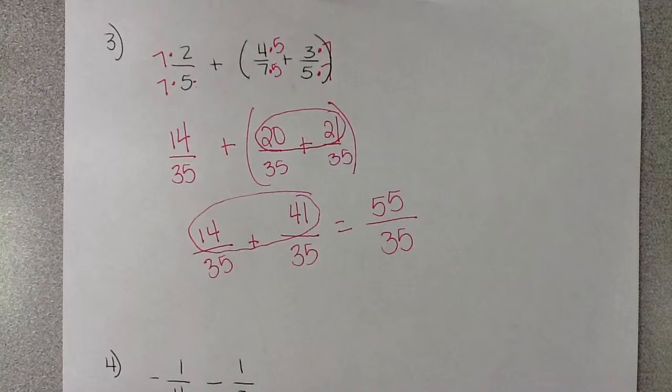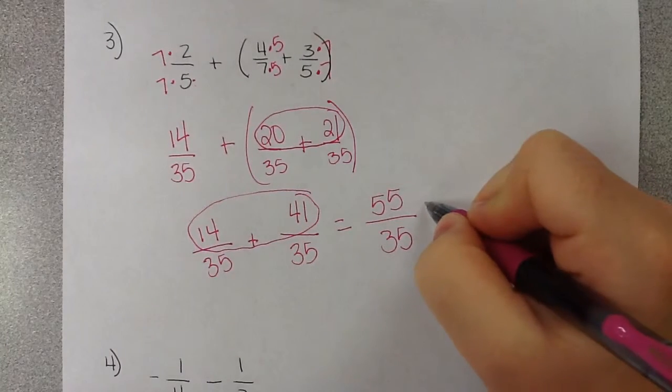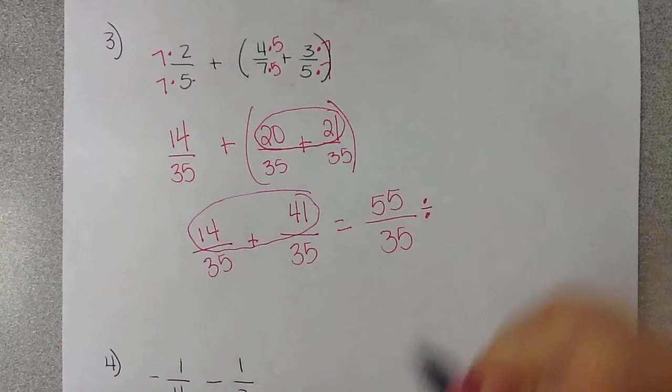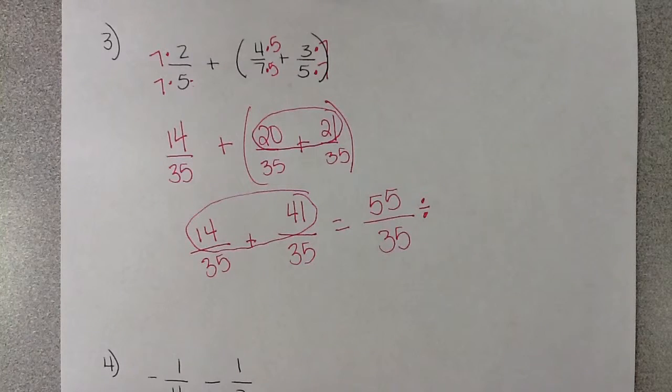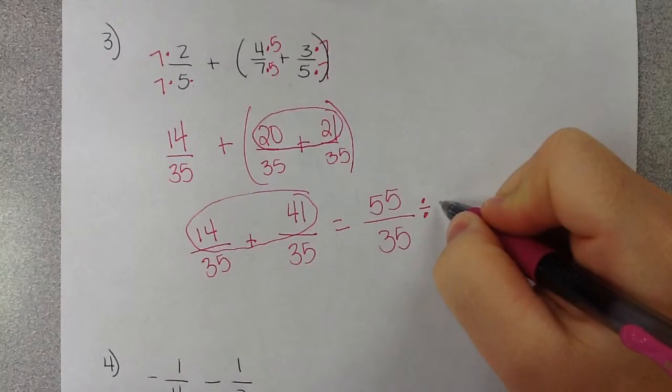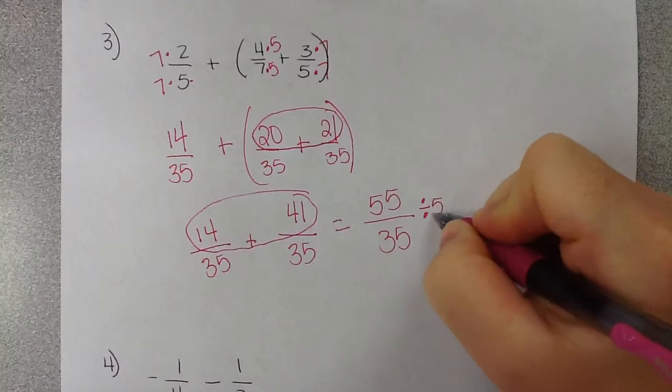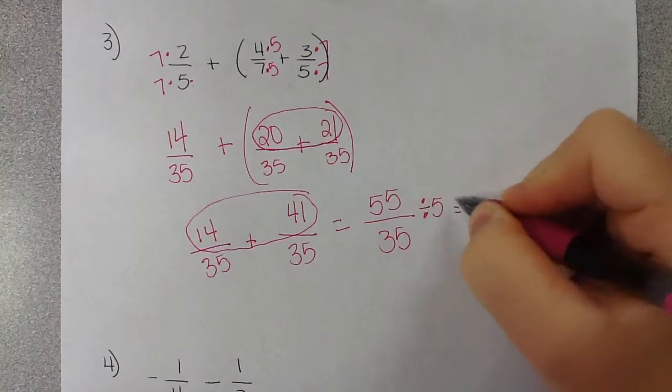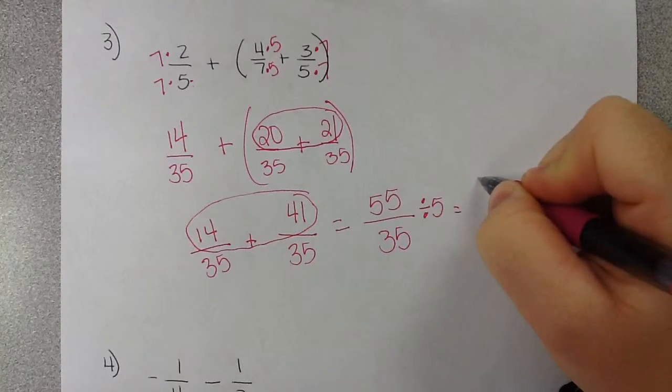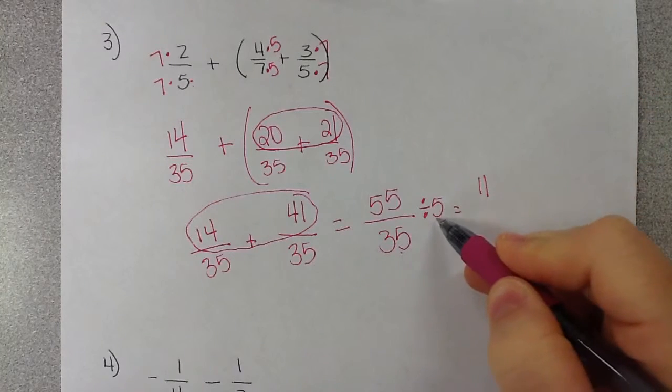Okay. What is wrong with this problem? There's two things. One, the top is too big. And two, I can simplify. It doesn't matter which one you do first. So let's simplify these. What can I divide both 55 and 35 by? They both end in 5, so I can divide by 5. 55 divided by 5 is 11. 35 divided by 5,